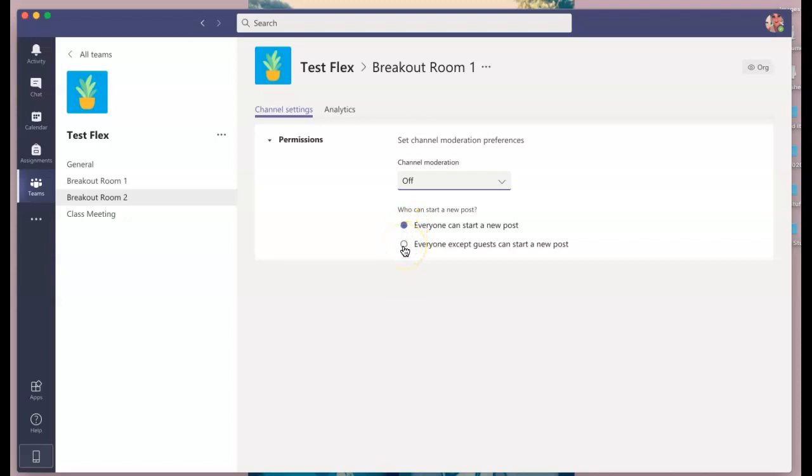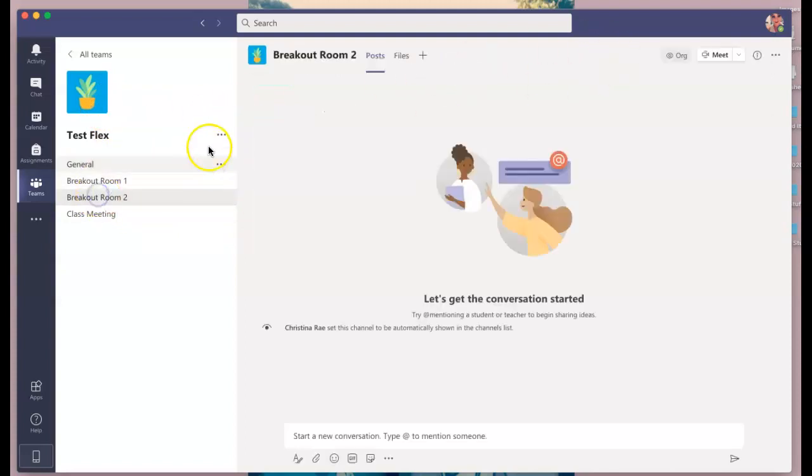If I wasn't using anyone except from people in my class, I could say anyone except guests could start a new post. But just because this is my test and for my intervention room, I'm just going to leave these settings as they are. All right, so I would go ahead and add as many of these channels as I wanted to,